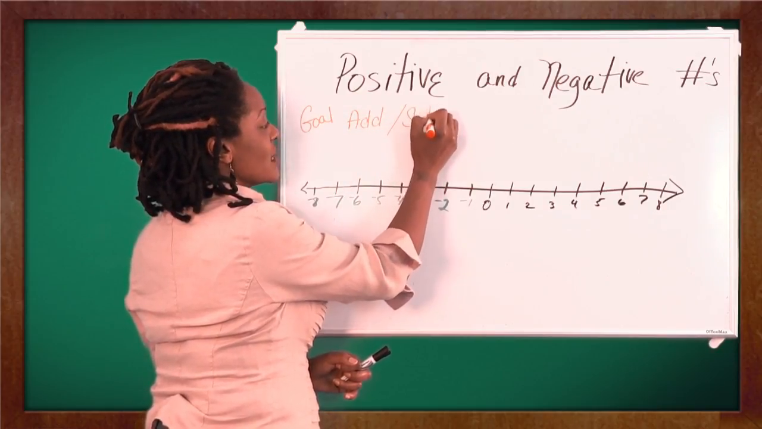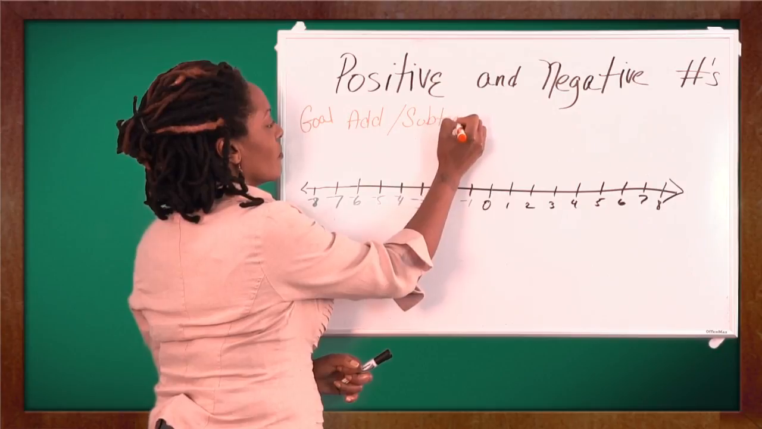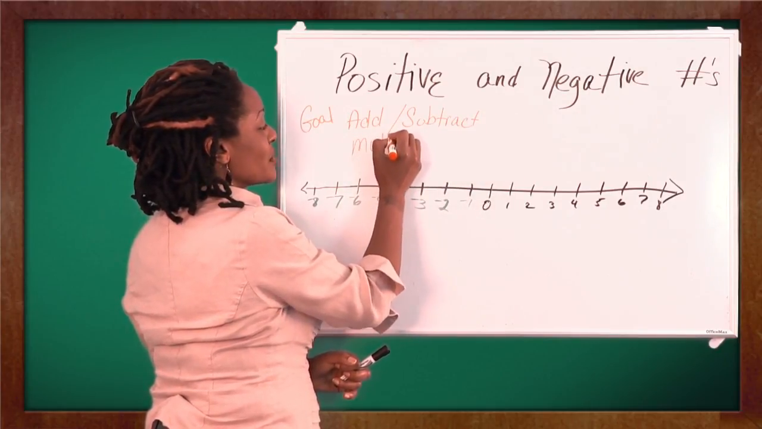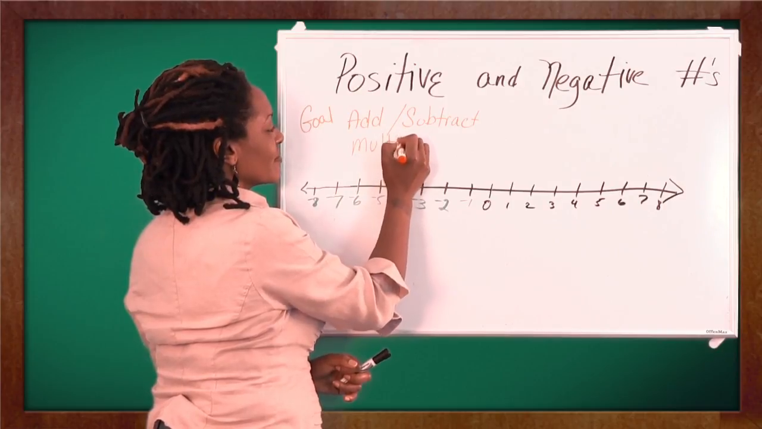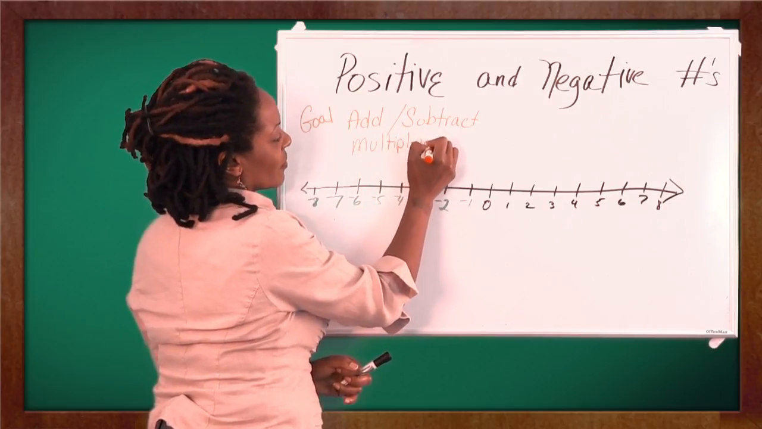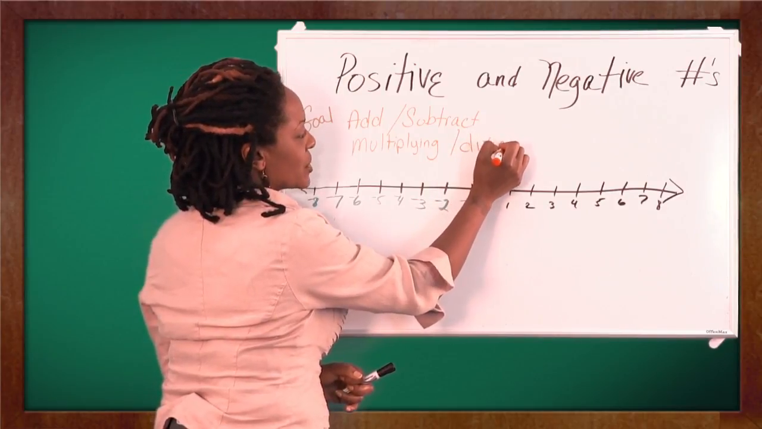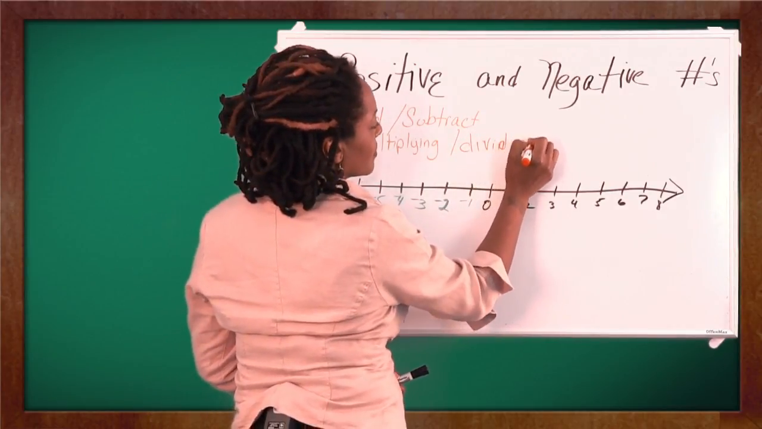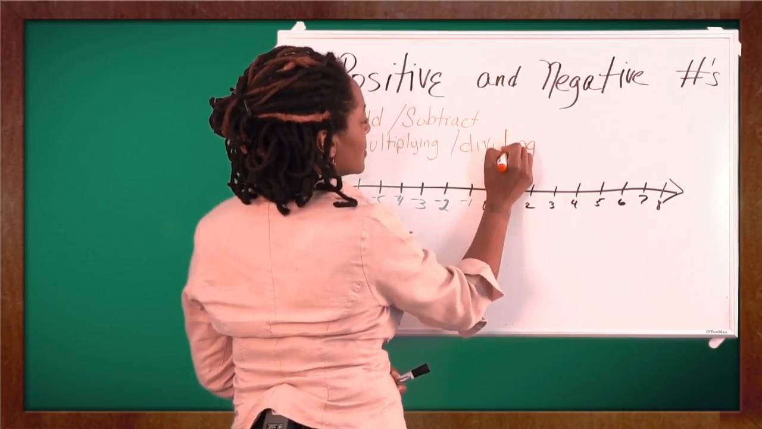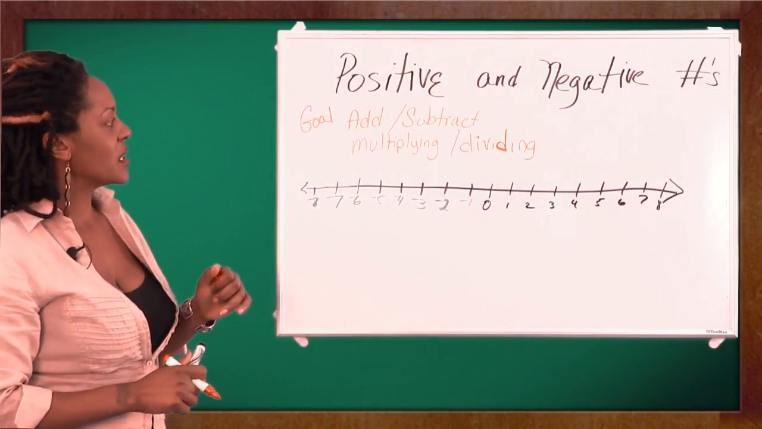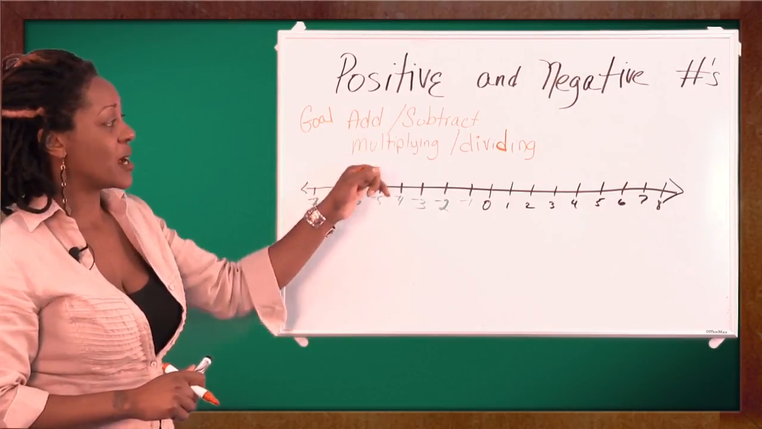and subtract the numbers, and then understand the rules of multiplying and dividing these numbers. Excuse my little boom. Okay, so our heading, positive and negative numbers, and the goal is to add, subtract, multiply,